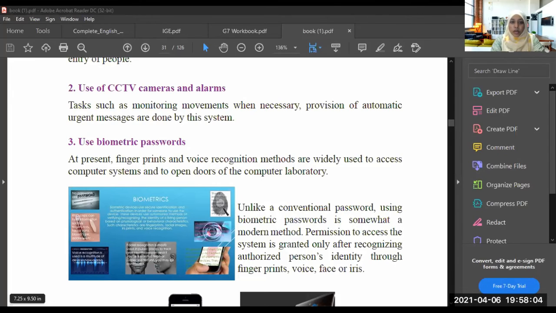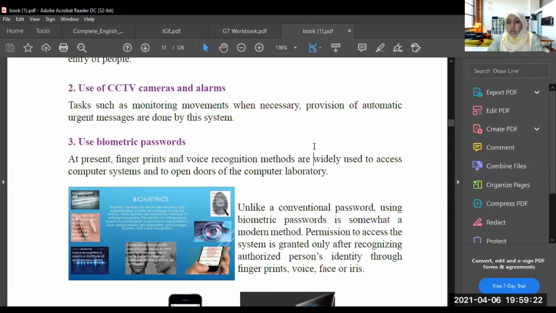The people who are using iPhones have this voice recognition biometric password, and also they have the face recognition password. Fingerprint is not there. I will show you. Wait.